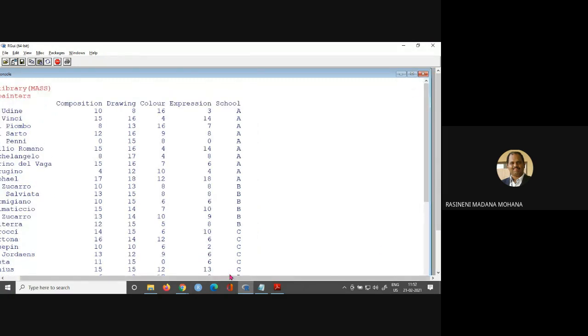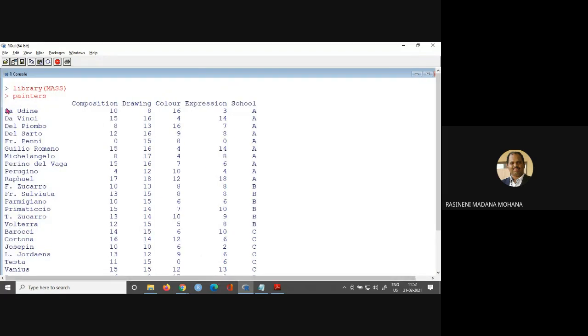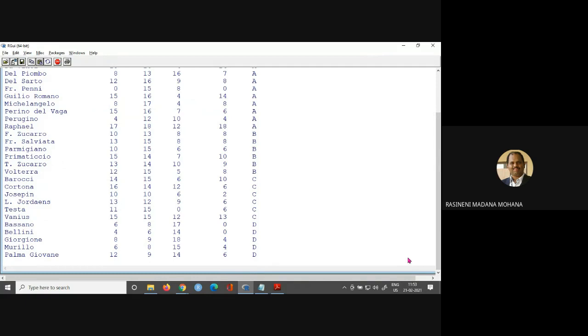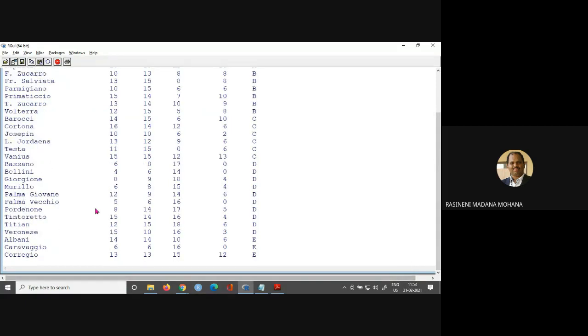Now here you can see it displays that it has 1, 2, 3, 4, 5 columns. Then different rows are there, then particular values are there. Composition, drawing, color, expression, all are numerical. Then school is a factor. That means character value. So how many observations are there at the end? It displays the number of observations also.